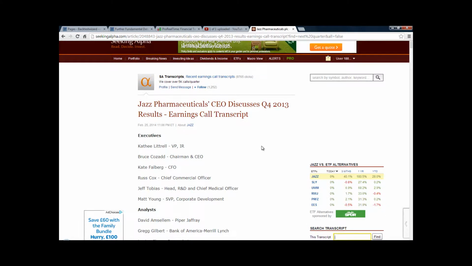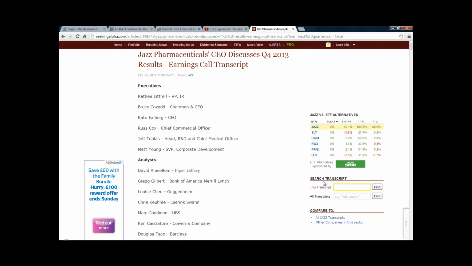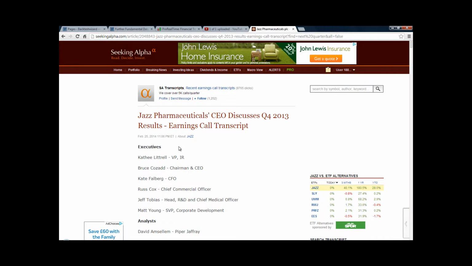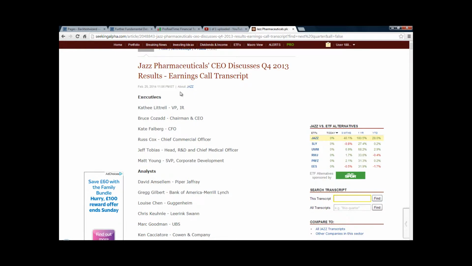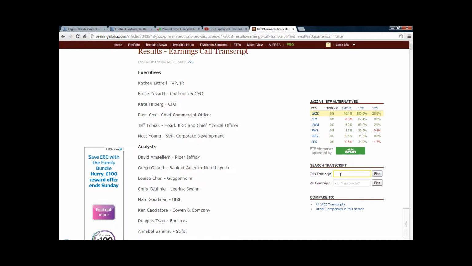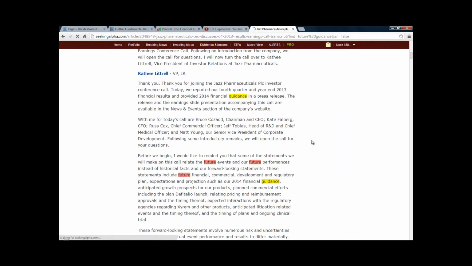So one other quick tip when using Seeking Alpha and when you're reading these conference call transcripts, similar to what I just showed you on advfn.com with highlighted phrases, we can also search the transcripts in Seeking Alpha. Just on the right hand side of the screen here, you'll see search transcript. If you're on the transcript you're interested in searching, click in this transcript search box, and let's say we're interested in have they given perhaps any future guidance. So we can just type in future guidance, click find,